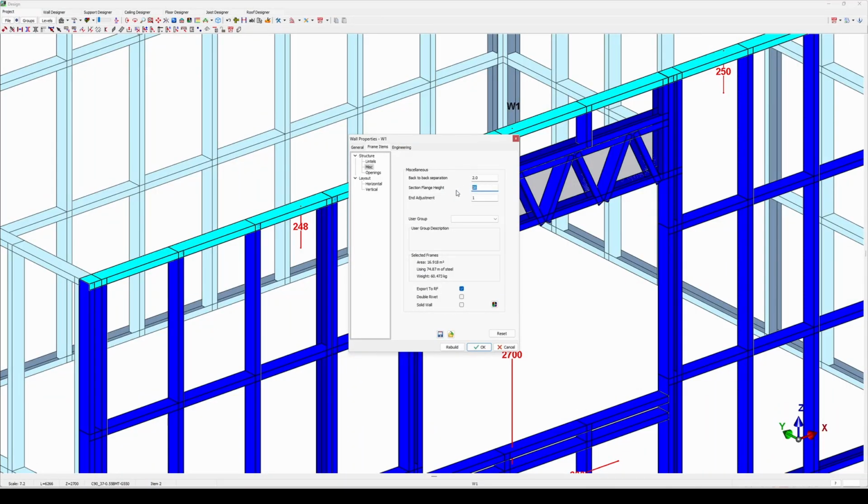The next one is your section flange height, so please make sure to insert the correct flange height according to your machine that you have purchased. The next one is your end adjustment. What the end adjustment does is exactly the same. It is for tolerance. If you have two walls at the end and one on the inside, where it connects